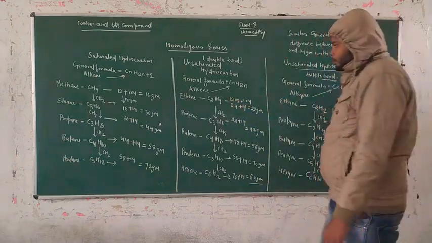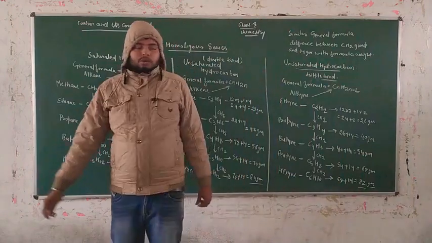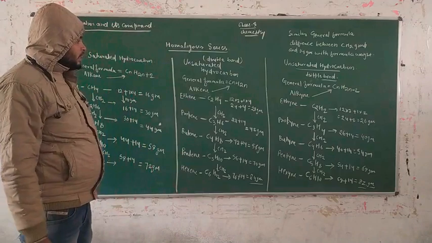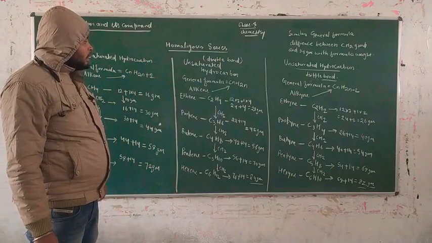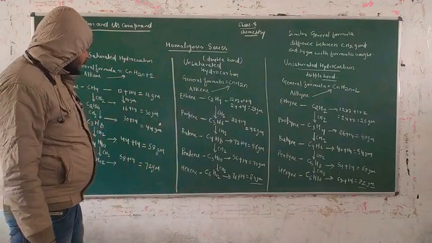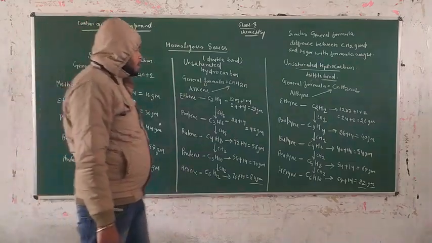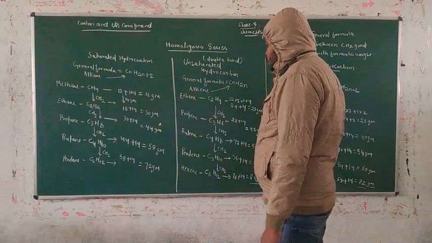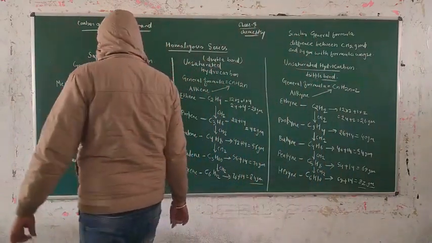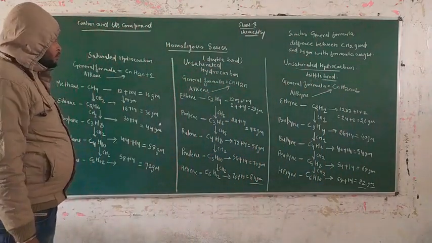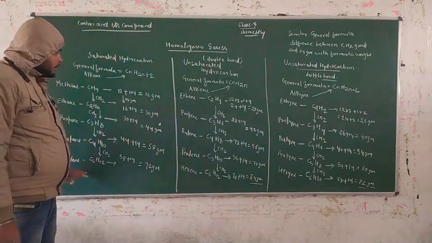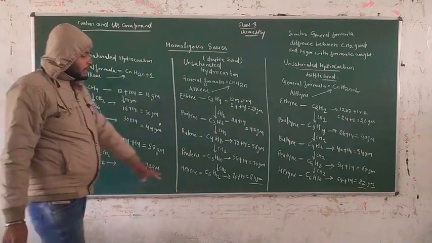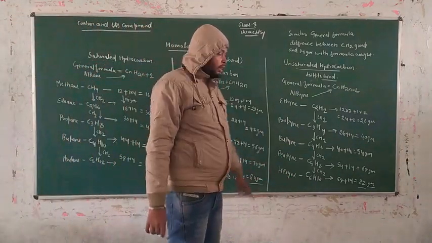That's all. You have to revise every concept and every example of this. That means you have to practice it at home. That means there is homework for you guys. Your homework is to prepare the formula weight and the homologous family in this increasing series. Go up to decane, decene, and decyne.